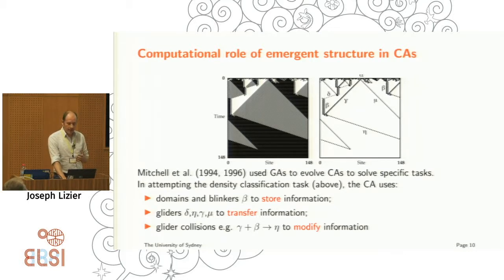The goal of the GA is to get a cellular automata rule that takes an initial condition and converges to a final homogeneous state, either black or white, based on what the most common state was in the first line in the CA. So that's a task that's very easy to express but very hard to solve in a distributed fashion. It turns out that the kinds of rules that work very well for this and other tasks are ones